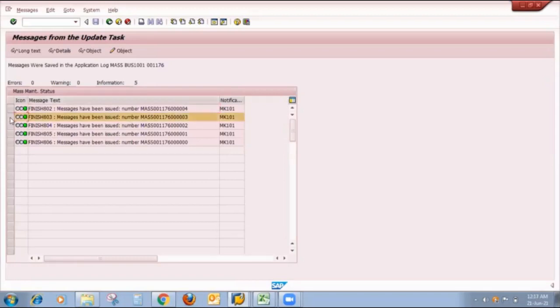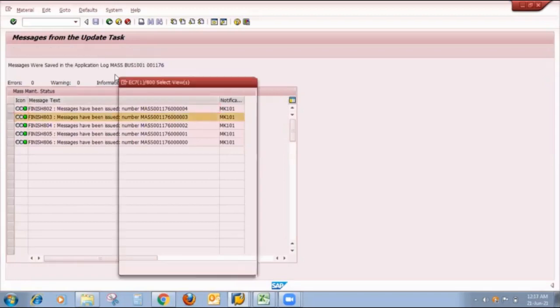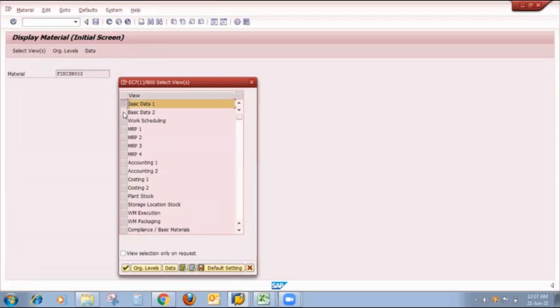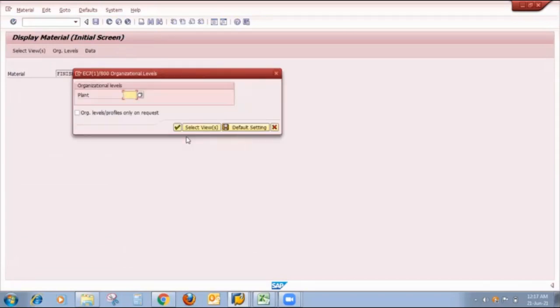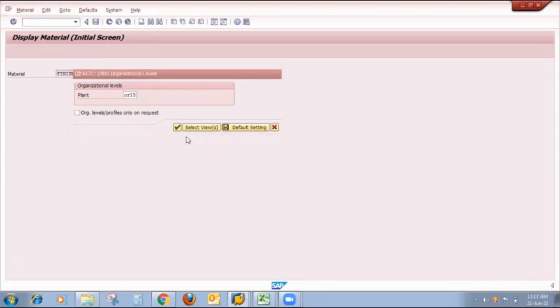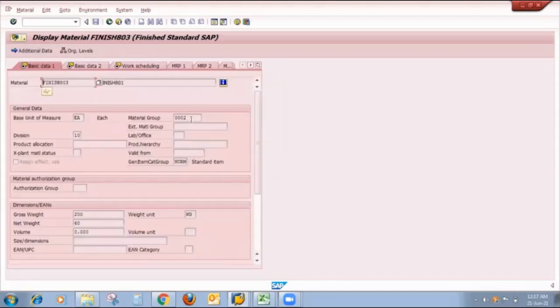If I select one randomly and click on the object, we go directly to master data, and I check that my material group has changed.